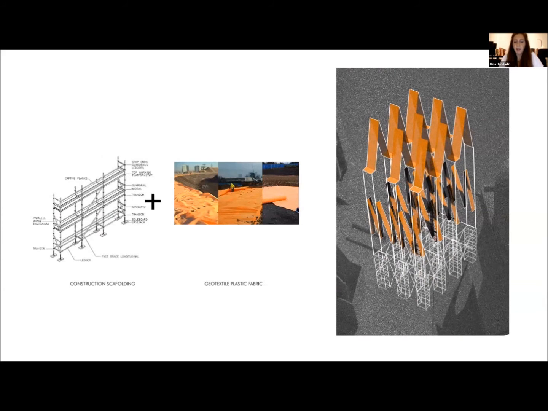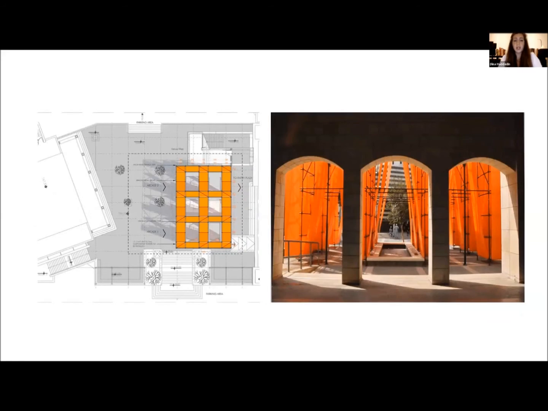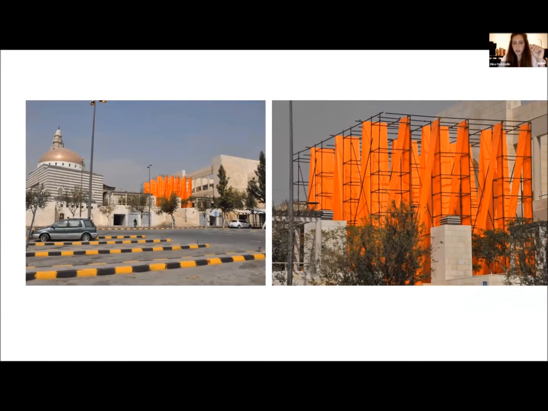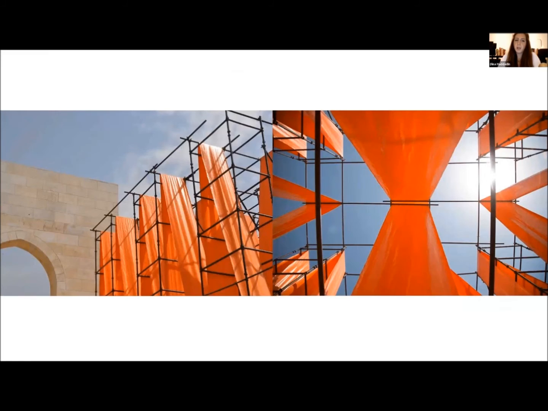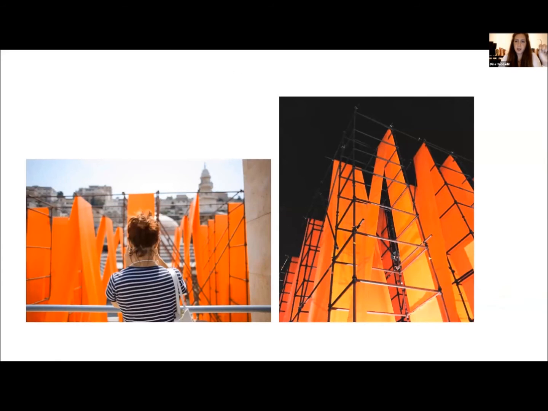So a combination of scaffolding systems and the fabric were manipulated to create a series of towers or installations around the craft district. The colonnade is the first installation you see as the main entry of the craft district. And it mimics the colonnade in the existing building, but it's stretched to a 12-meter height structure. These are more images, close-ups, and the space from inside, and at night, the beautiful orange is lit.